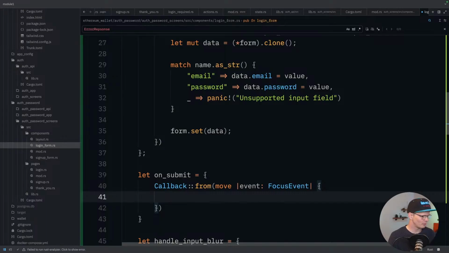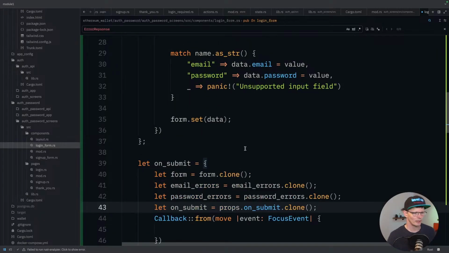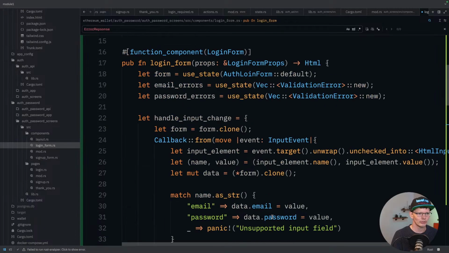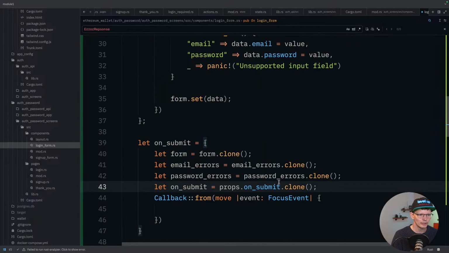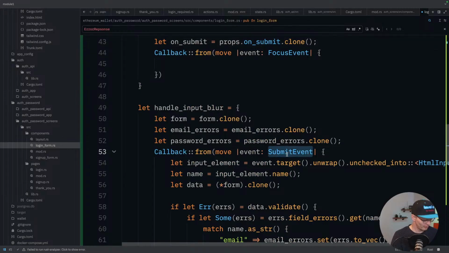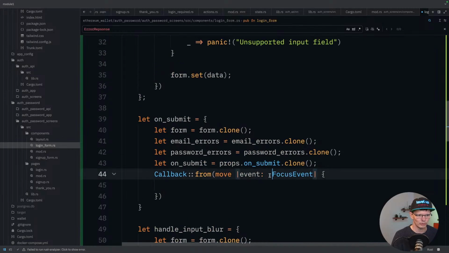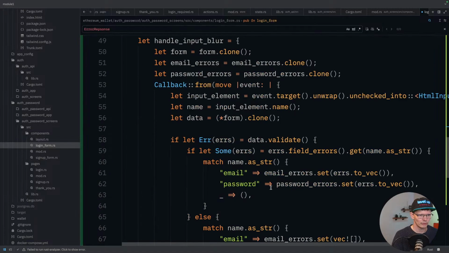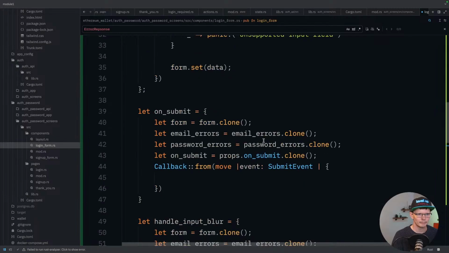Then we need our form submission. And again, we have a bunch of different variables we need for the onSubmit. And I can see here, let's see, I think we have messed up the event. So this event needs to go here, and the focus event needs to go on the blur, right? So yes, we're copying the